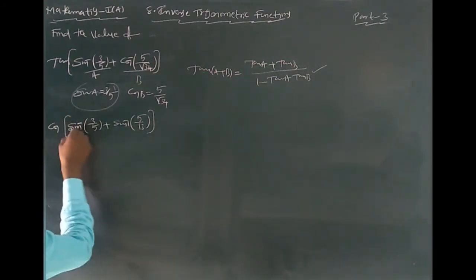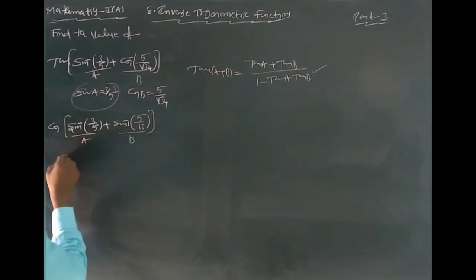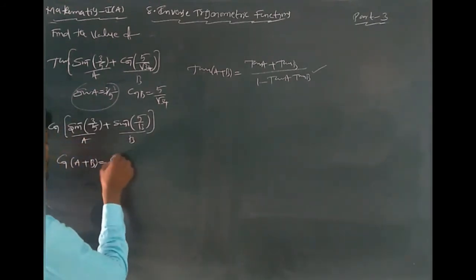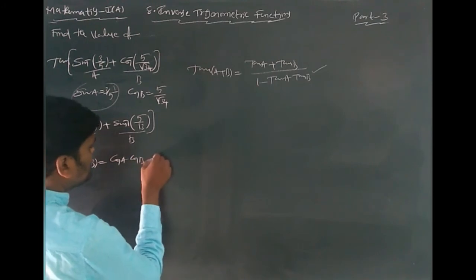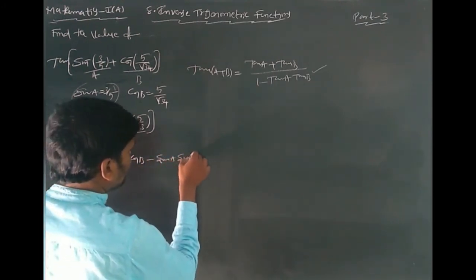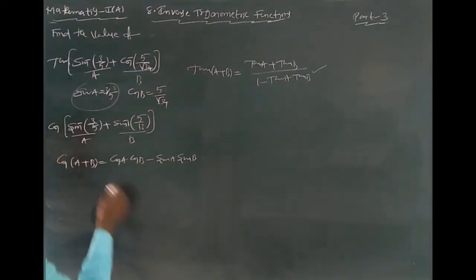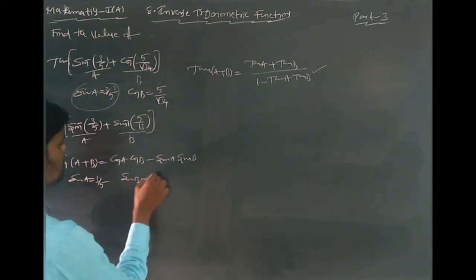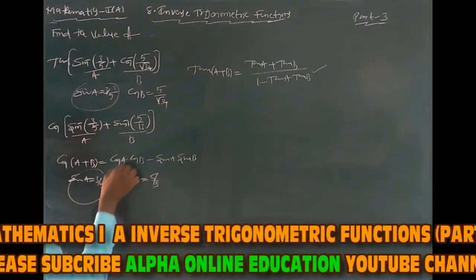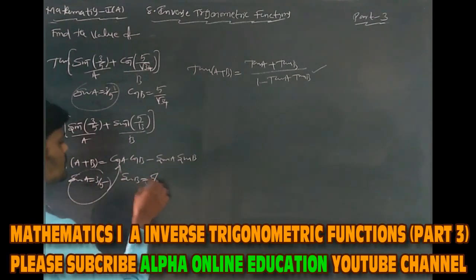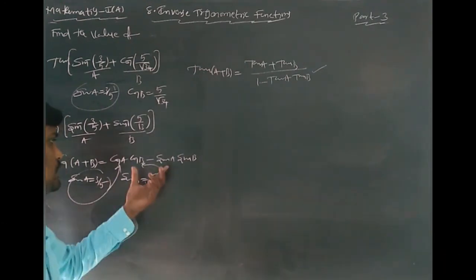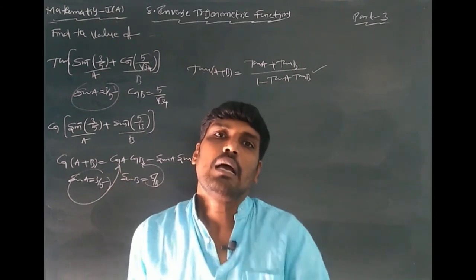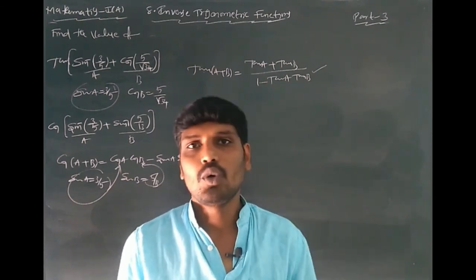Next problem is, this one is A, this one is B. You can write cos of A plus B. What is the formula of cos of A plus B? Cos of A plus B formula is cos A cos B minus sin A sin B. This is the formula. In this formula, sin A value is 3 by 5, sin B value is 5 by 13. Use sin A to find cos A. Use sin B to find cos B. Substitute in this formula and you get the answer. These two problems are similar to the previous problem model. Do all the problems.